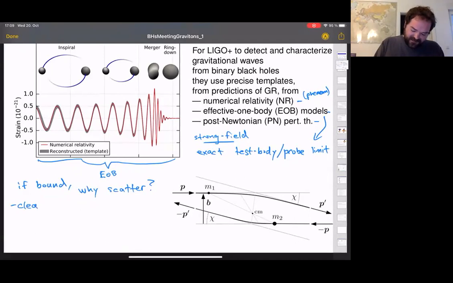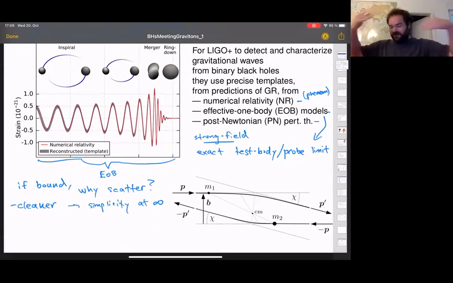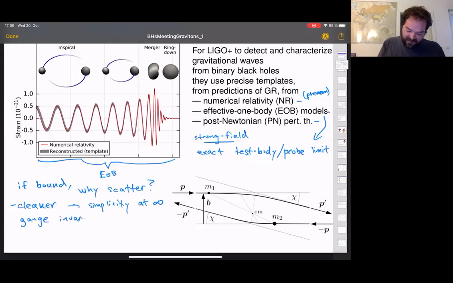one thing to say is scattering is cleaner than bound orbit. Basically because you have simplicity at infinity. You have asymptotically flat spacetime, and you basically have free black holes can be thought of as free particles at infinity coming in and scattering. Things can be much cleaner, and it's easier to articulate gauge invariant